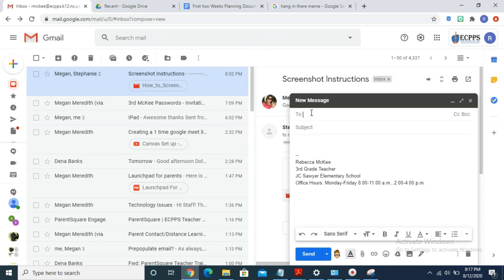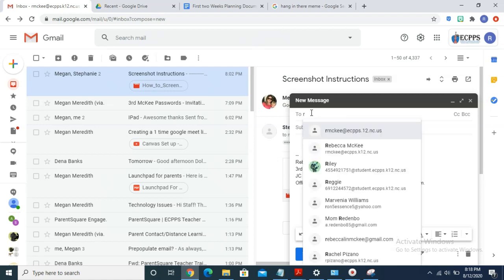You need to be very careful that you type the email correctly, because if you type in the wrong letter, it's not going to send it to the right person. So I'm going to send an email to myself. I'm going to pretend I'm a student and I have a problem because I forgot how to use Google Slides, and I know there's a how-to video somewhere, but I can't find it. So I'm going to ask my teacher to help me find this link. So I'm going to start typing my teacher's email address,